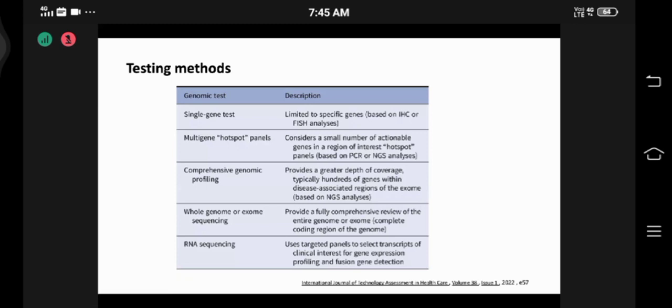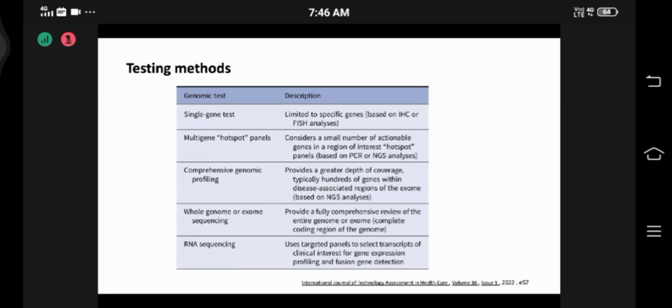But yes, if any of the labs comes to us and says, I'm doing a 100 gene panel, I'm doing a 300 gene panel, I'm doing a 500 gene panel, basically we understand they are doing a comprehensive genomic profiling, and this report will give us this depth of information. Now, we understand we are moving to a level where the more the information, the better it is, sometimes we think,